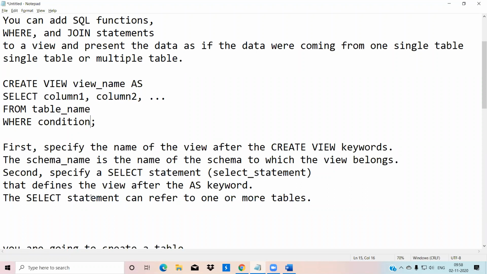That view name is the name of the view which is going to act on that. Second, it specifies the select statement that defines the view after the as keyword. Which table are you creating the view for? The select statement defines that after the as keyword. The select statement can refer to one or more tables, and as I already said, it can refer to one or more columns also.